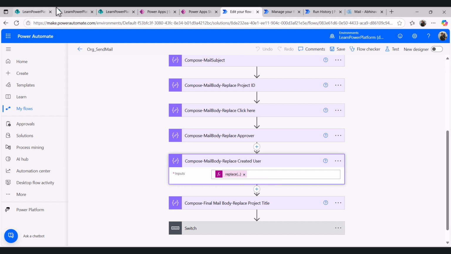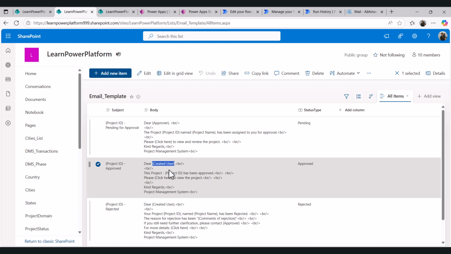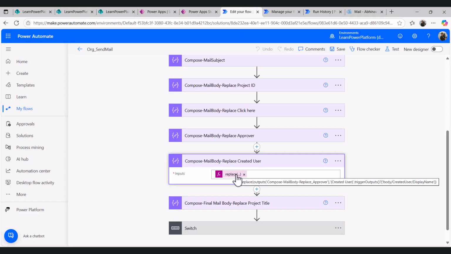created user. It basically means that if you look at this email underscore template list, in the first row there is no created user field, but in the second and the third row, this created user exists. So it basically means when the project is being approved or rejected by the approver, then an email will be triggered to that user who has created the project, right? So before going into the detail of this action, first we need to either approve the project or reject the